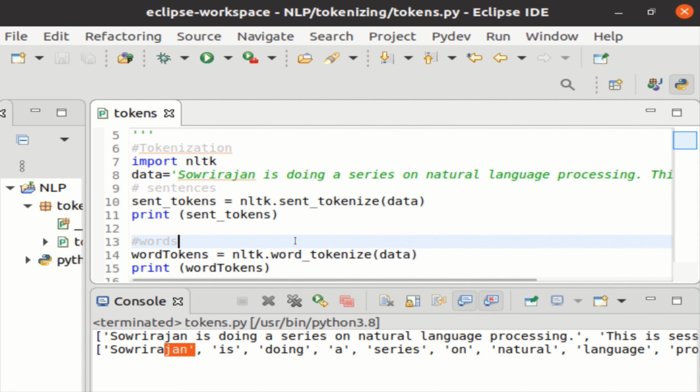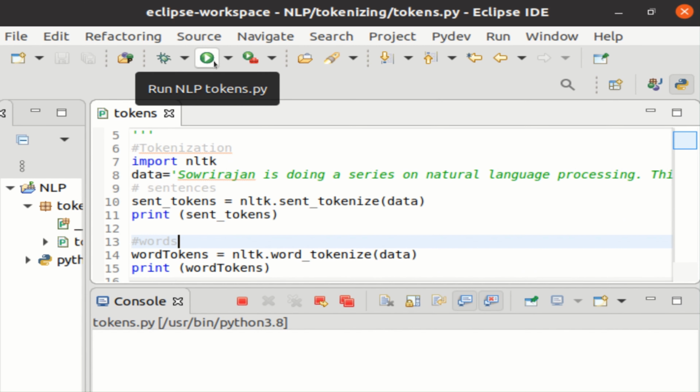And I'm going to use two simple APIs. One is the sentence tokenizer and the other is the word tokenizer. The first API returns each sentence in this data as a single token, and the second returns every word in this data as an individual token. So now I execute this code.